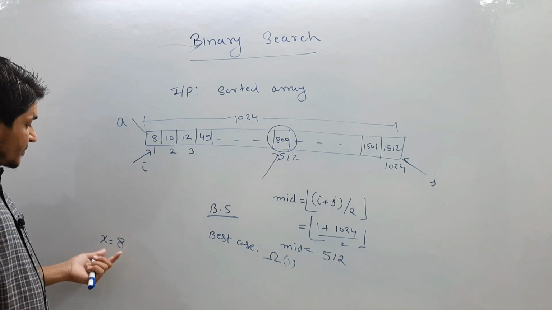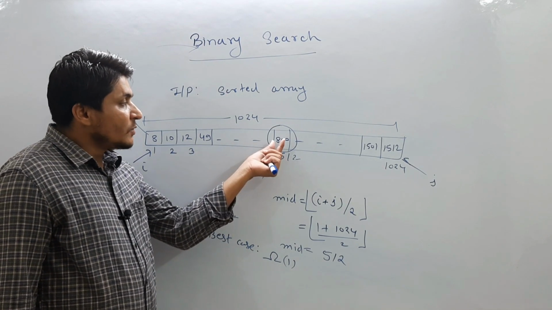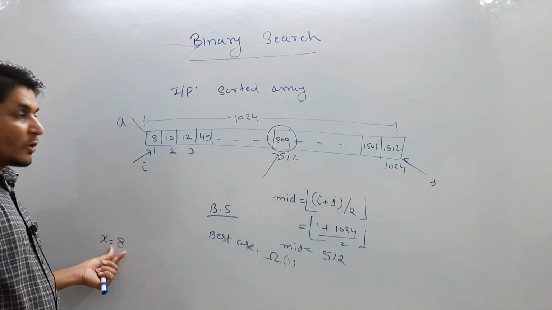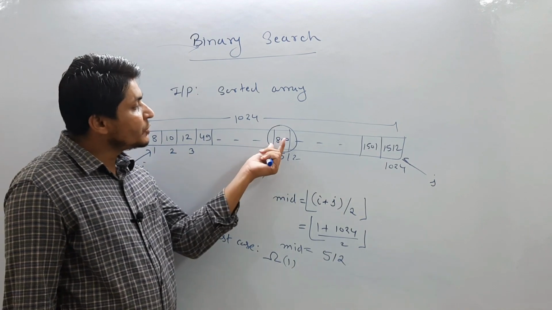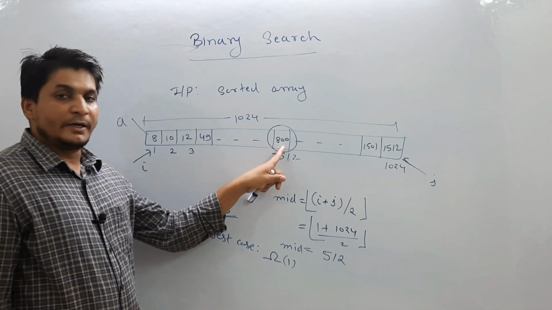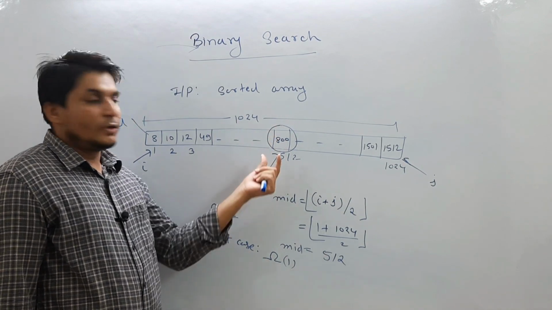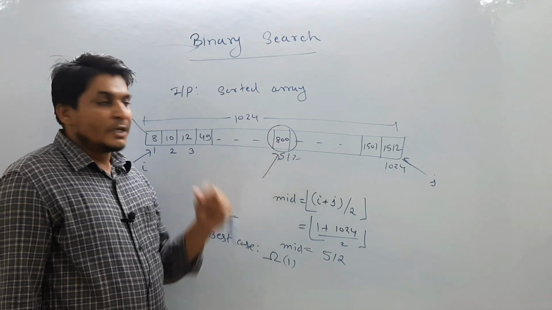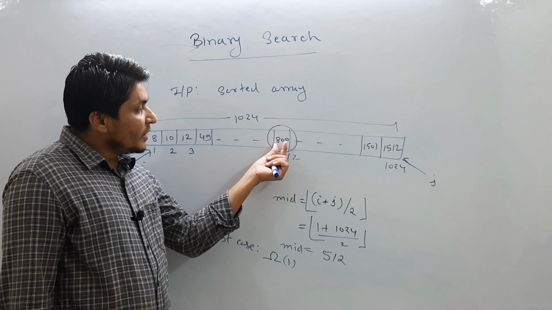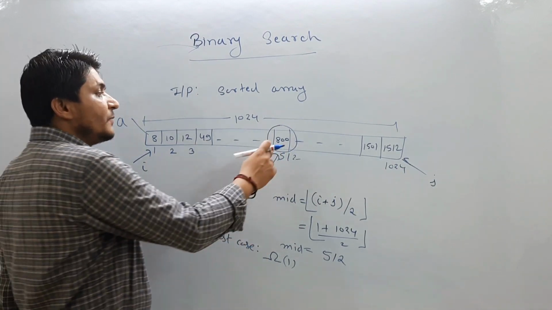So what is the procedure in binary search? We are going to compare this element with the middle element. So now we are asking, is it 800? No, this is not 800. So now we should stop the procedure because we are trying to search 8, but this is not 800. Then this particular value will tell you, don't stop your searching. This mid value will say, you are looking for greater than or smaller than. Then you say, I'm looking for smaller than.